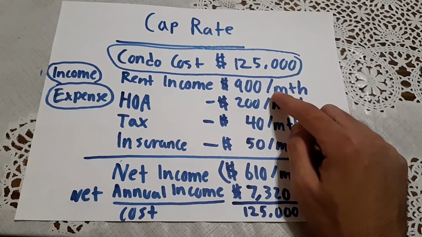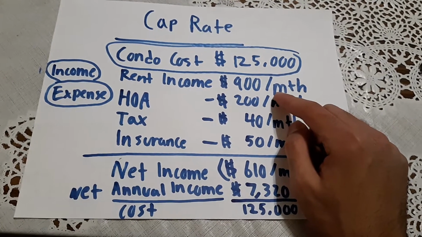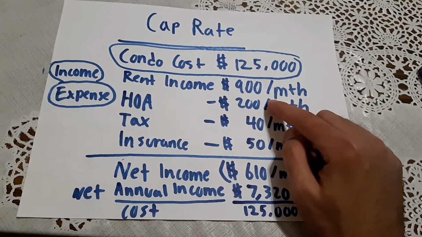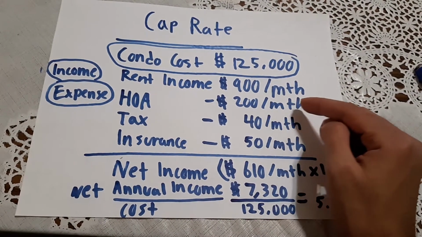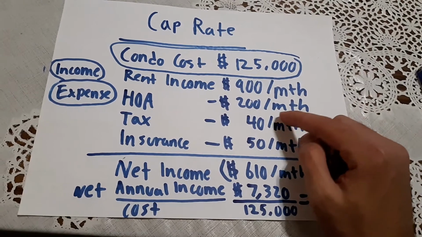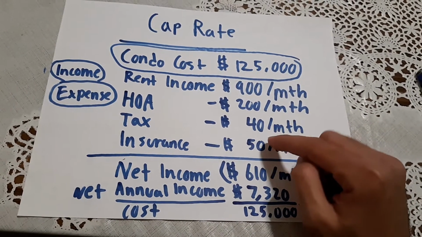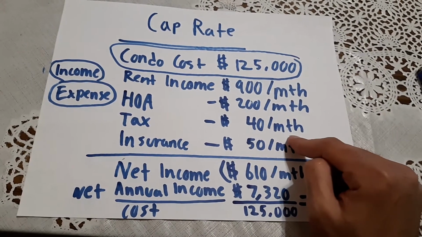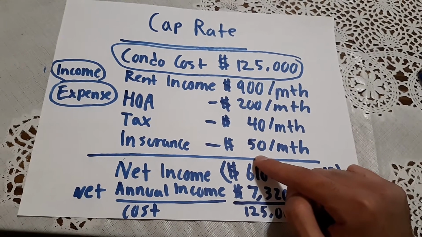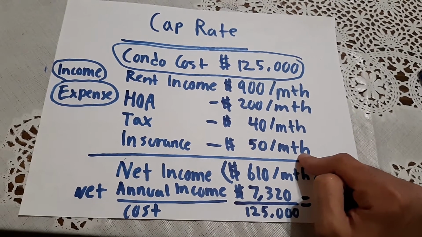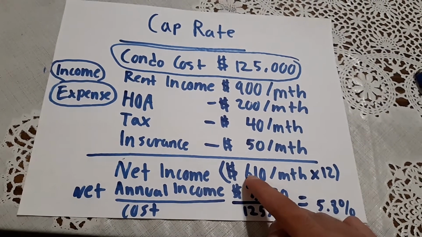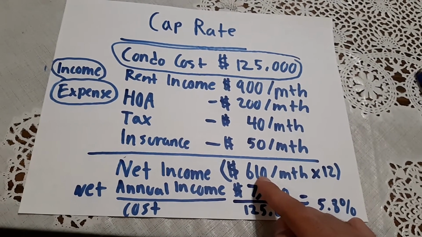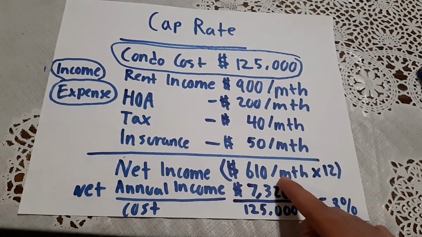Then now you got to work on the income and expenses on a monthly basis. So you take $900 a month as an example, rental income. Then you take the expenses, general breakdown, you can add more things to this, but this is general. $200 a month HOA, taxes, which is your property taxes, you break that down to a monthly, $40 a month, insurance, so about $50 a month, and then that leaves you with your net, as some people call it net operating income, I just call it net income, it's the income after your expenses, so $610 a month,